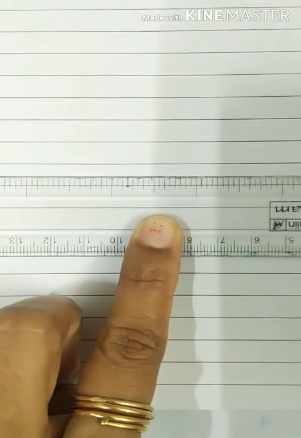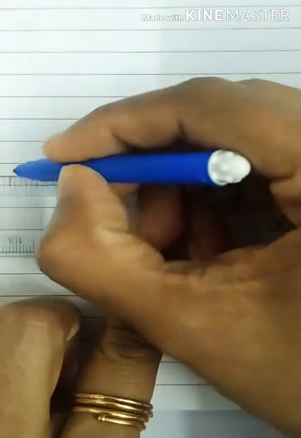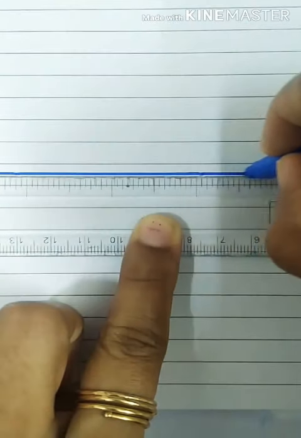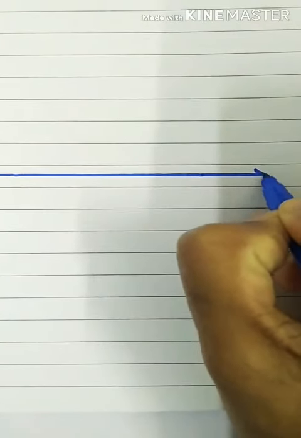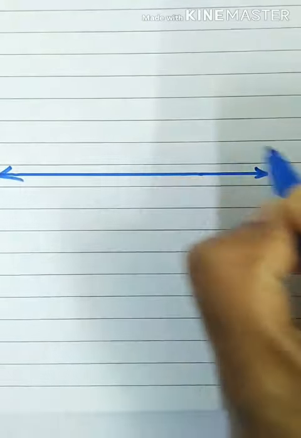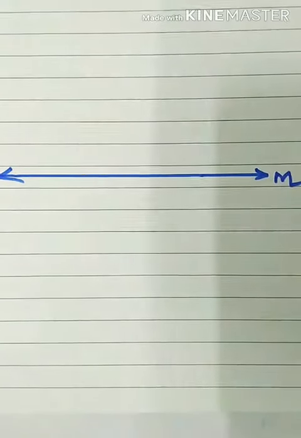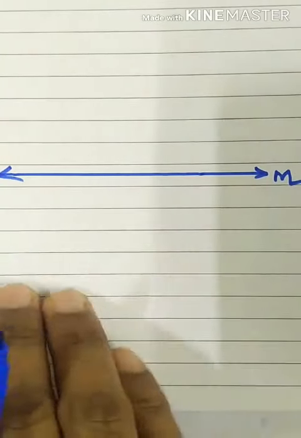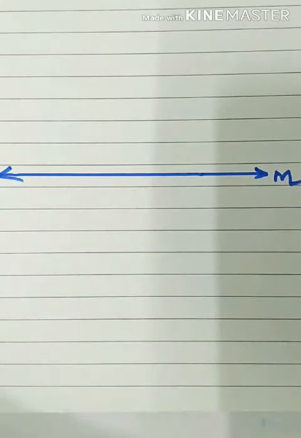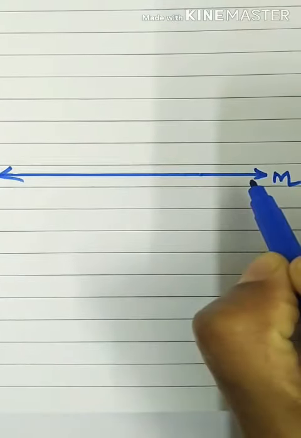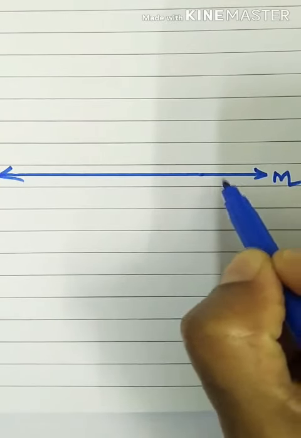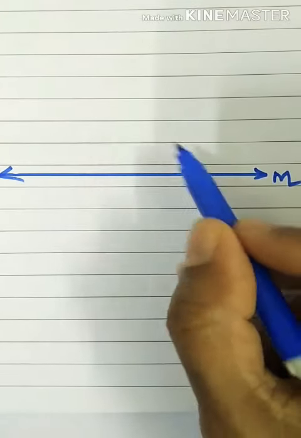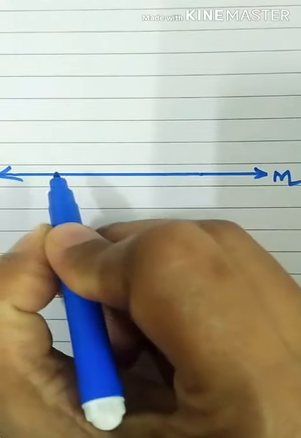First, we will draw line M. Name of the line given is line M. So we will draw line M. They are not asking us to take any point. Directly they are asking us to draw a line N which is parallel to line M. Draw line N which is parallel to line M at a distance of 4 cm from it. We will follow the second method that I explained just now.